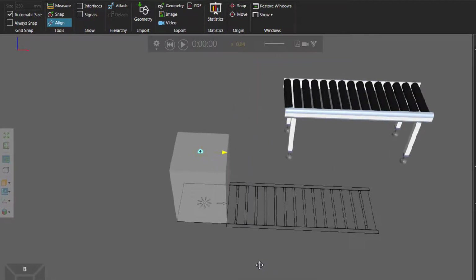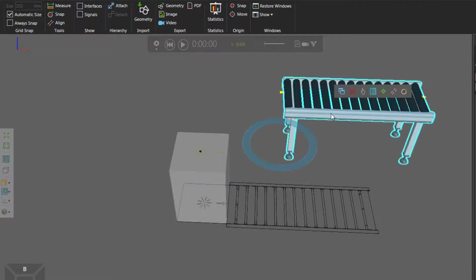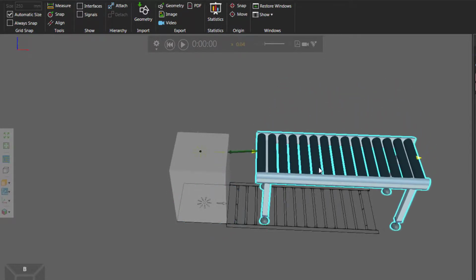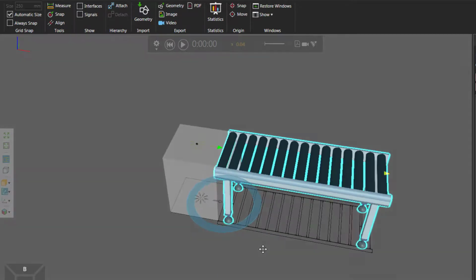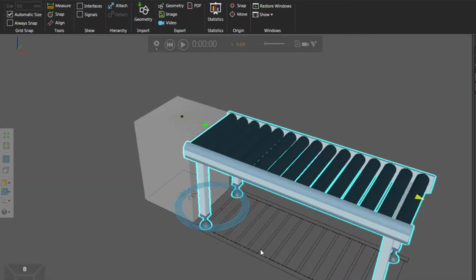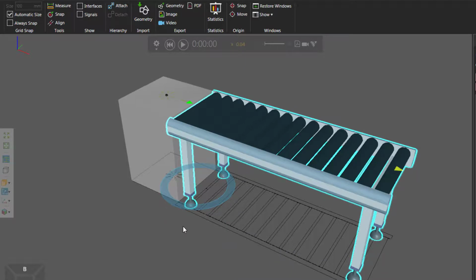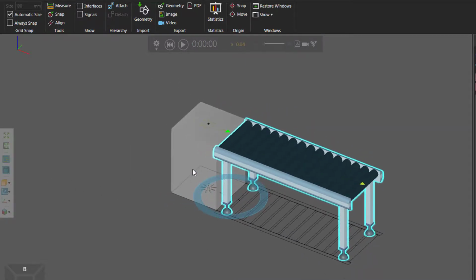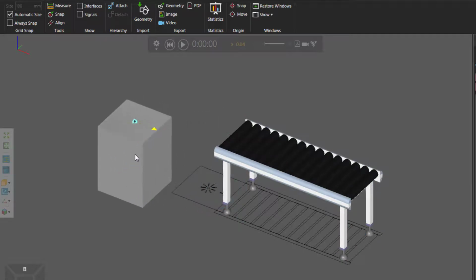There we go. So this makes moving and positioning the conveyor a lot easier, so I can select it in the 3D world and then use the PMP command to plug the conveyor into the feeder. And now it's positioned properly. Let's go ahead and change the perspective back to orthographic. And I will unplug the feeder from the conveyor.